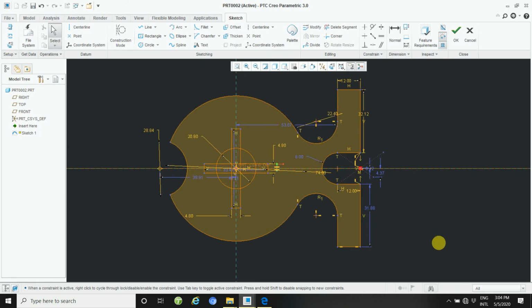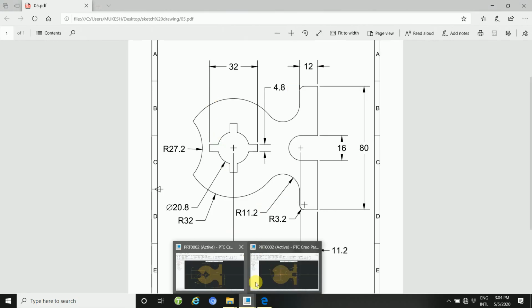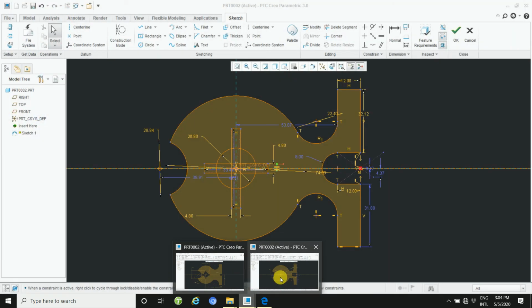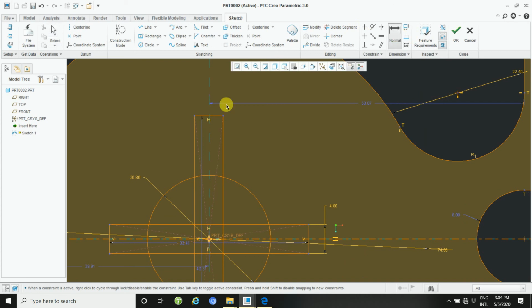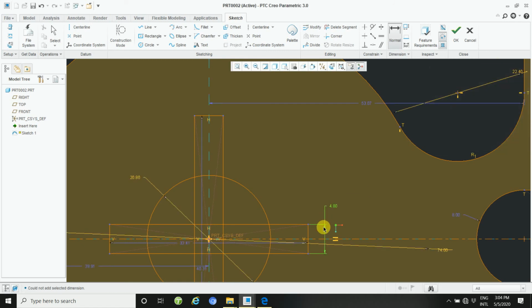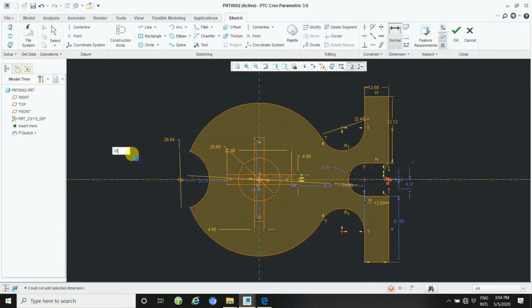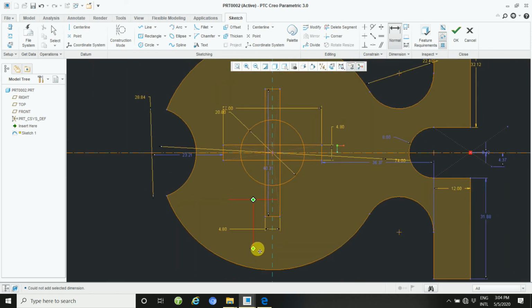And then overall dimension is 32. So take a 32, here to here, and 32. And then here apply also 32.